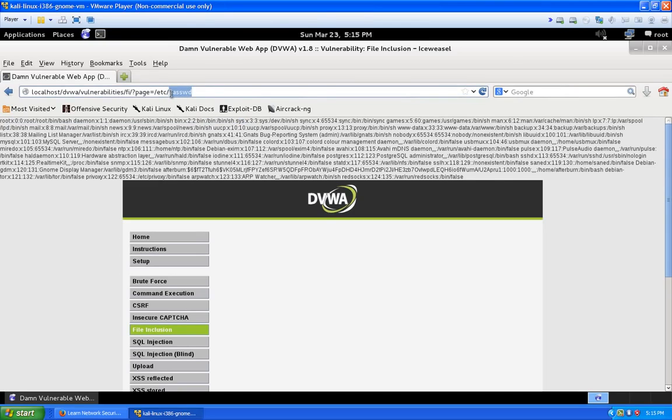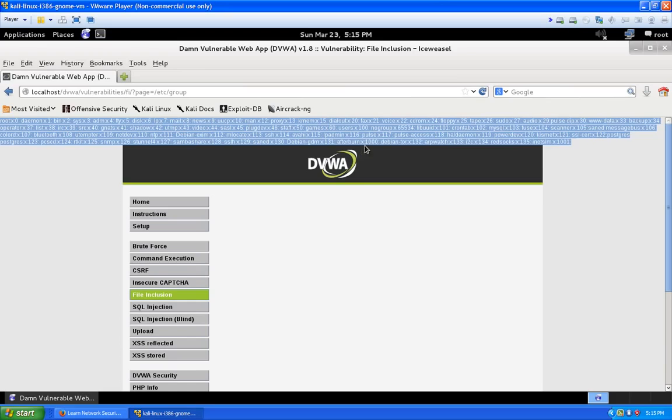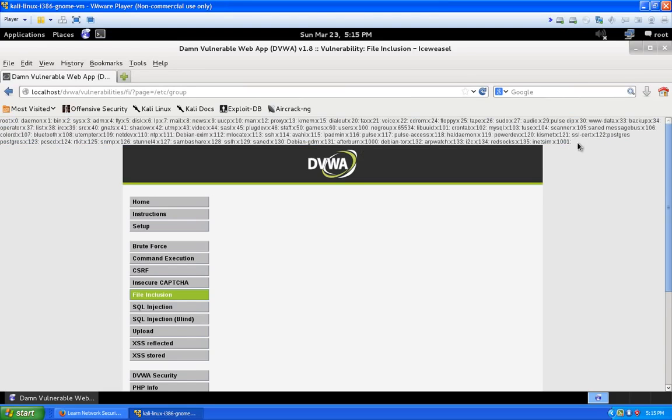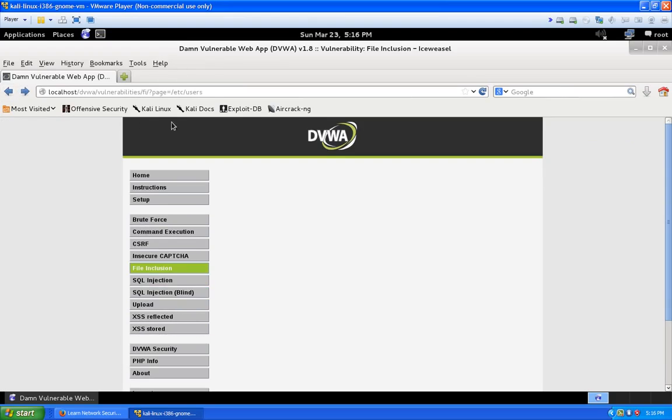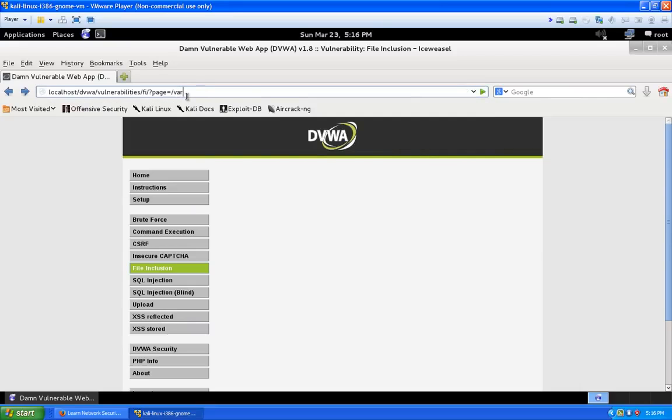We can also list in here the group file, I believe. And sure enough, you can see the group file. Now, this is all Linux-based stuff, and if you're familiar with that, you would know what this all means. So it basically lists all the users on these systems or the groups that are in the systems. But anyway, getting back to that, you could even list, let's see, var www, and let's go ahead and we'll